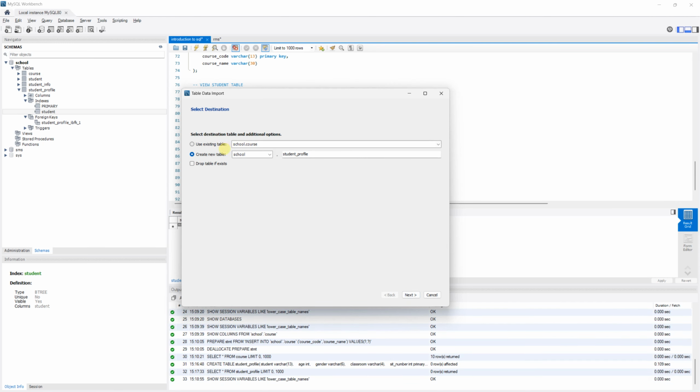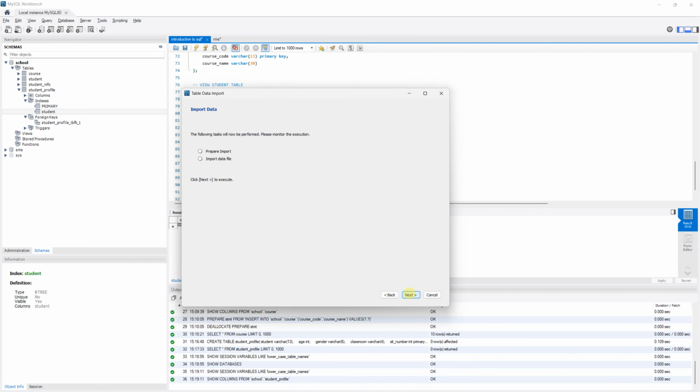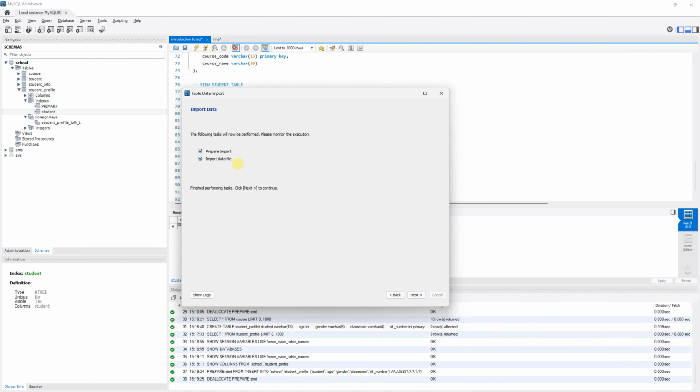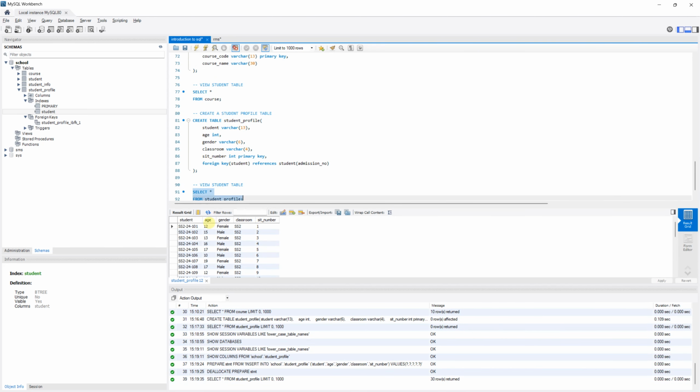Click on next. So you can either create a new table or use an existing table. Use existing table. Now what I want to import it to is school.student profile, right? Click on next, and I will now do my mapping. So you can see we have student to student, age to age, gender to gender, classroom to classroom, seat number to seat number. We are good on that. Click on next, next, and it has imported correctly, and you click on next and finish. You are done. Now I'm going to view that particular table again, and voila, we already have our